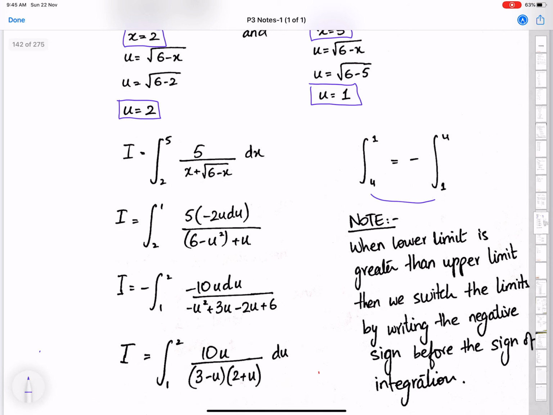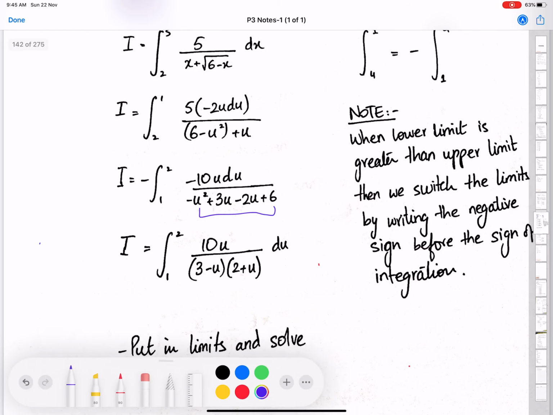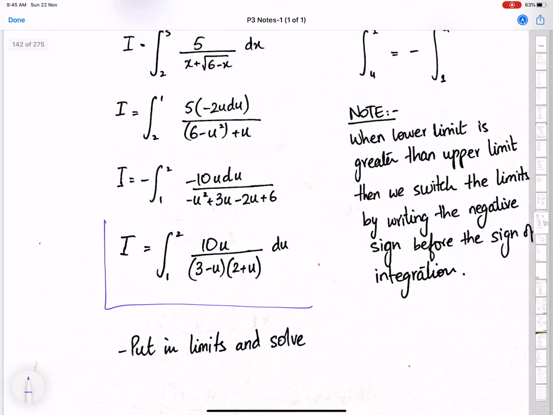And this is the example. Now after simplifying this denominator, and by factorizing this denominator, we have got the answer. So here is the final solution. Now you just need to use partial fractions to solve this, and you know how to do partial fractions. I'm not discussing partial fractions here because I'm just discussing the substitution method. That is why I'm leaving this question here.